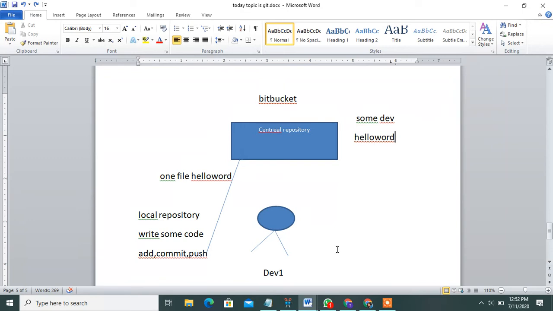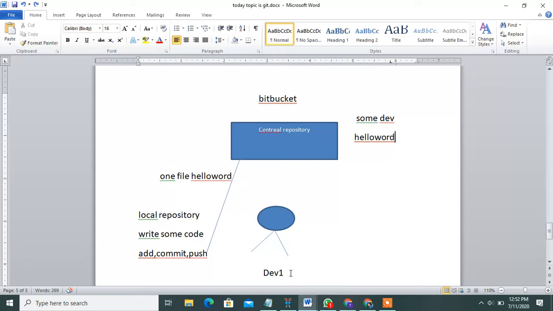Then a manager comes to the local repository and changes that file with new code, then adds, commits and pushes it. Then an error message is displayed: first take the latest changes, then push. That error message is the push conflict.